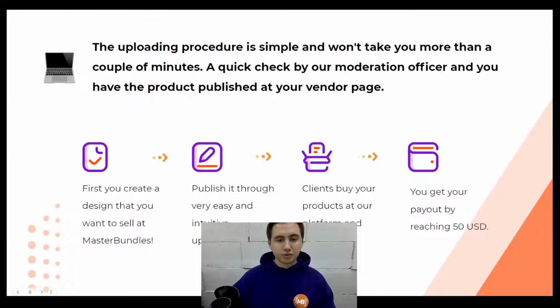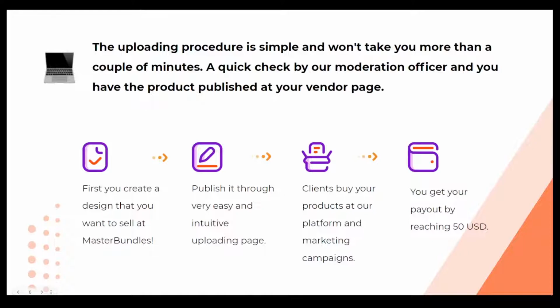Here I want to focus your attention that our uploading procedure is very easy, it's very simple. It takes just 5 steps that I will show you on the next slide. The main part is you visiting our website and filling in all the needed information, creating your product page. Then our moderation team will check your product, and within 1-2 days it will be published